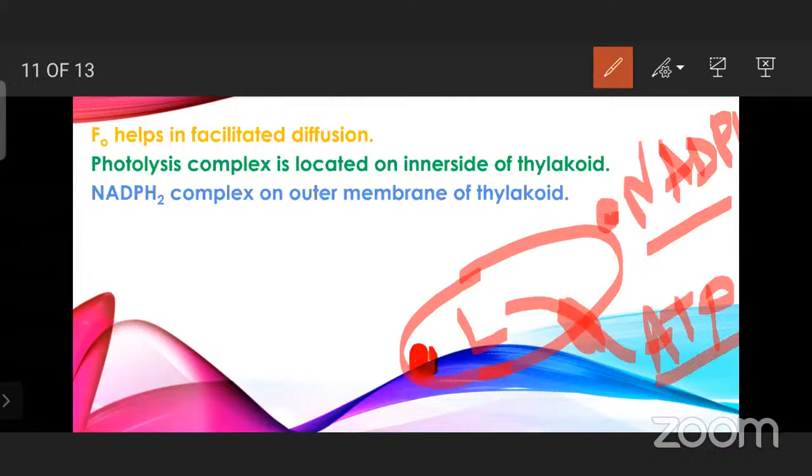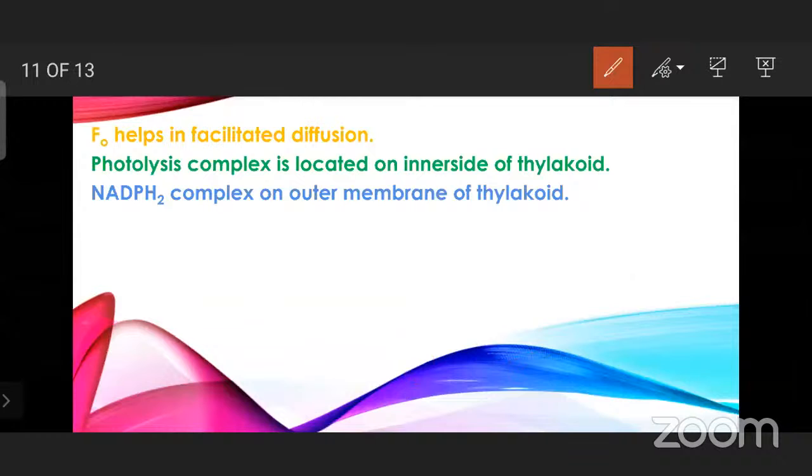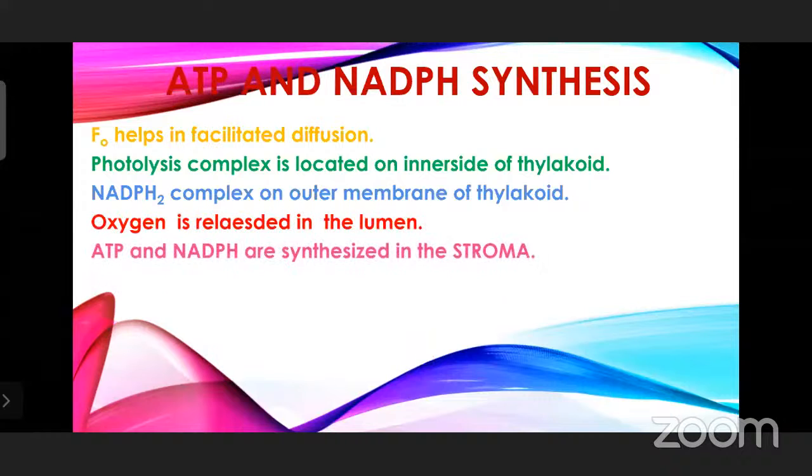And photolysis is inside the lumen, so oxygen is also forming in the lumen only, but oxygen is a gas, it will be diffusing out, coming out. So these are the important things taking place in the light reaction. So oxygen is released in the lumen, ATP and NADPH are synthesized in the stroma,